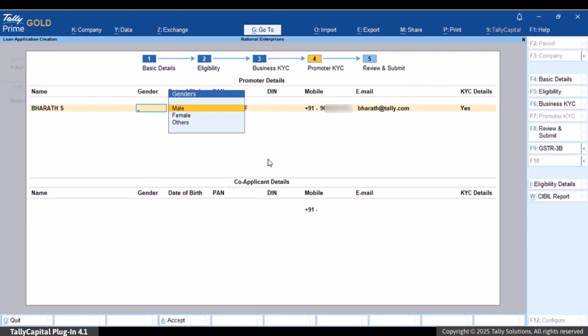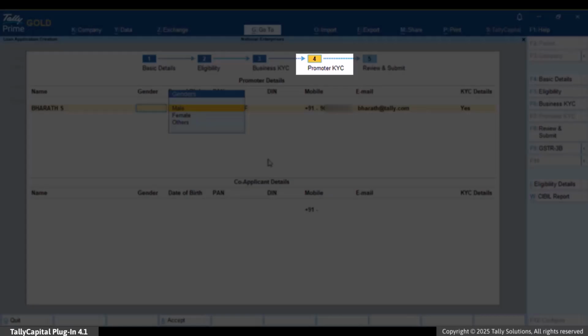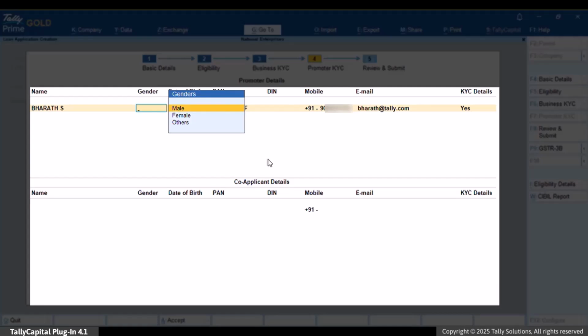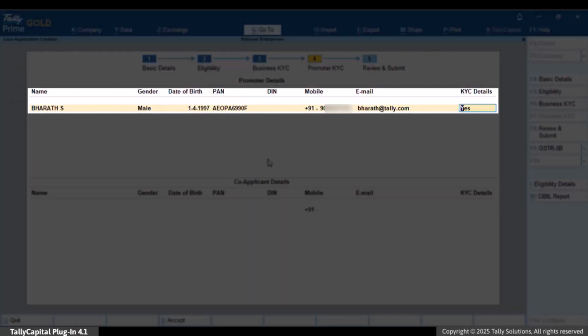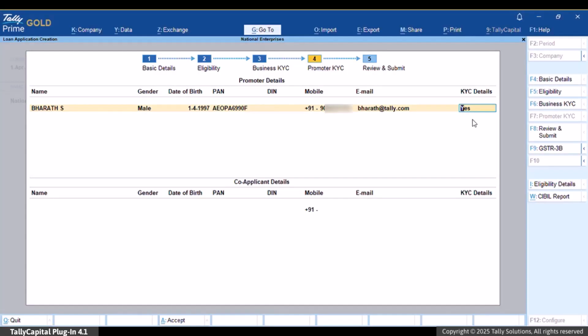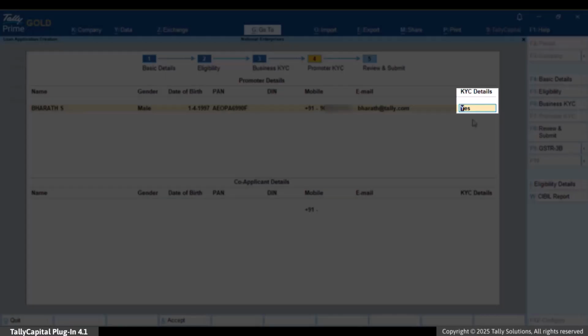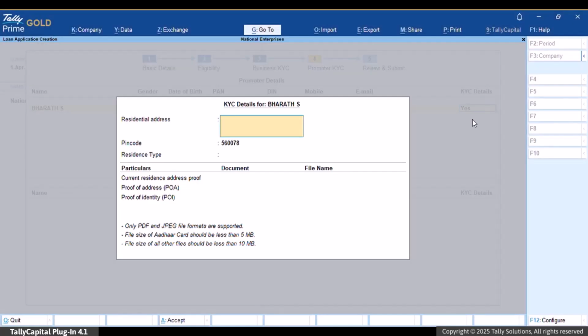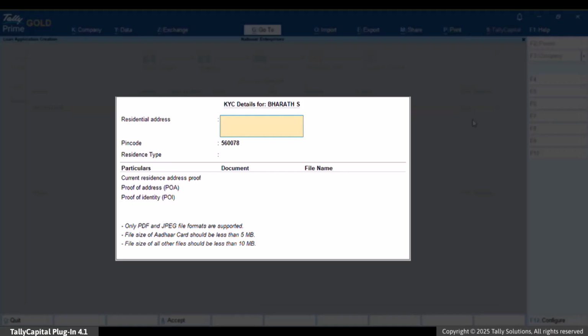Once you submit the Business KYC details, you will be taken to the Promoter KYC section. Name of promoter and other details entered under Applicant Details in the eligibility section will be pre-filled here. Enable KYC details and enter the KYC details for the respective promoter.